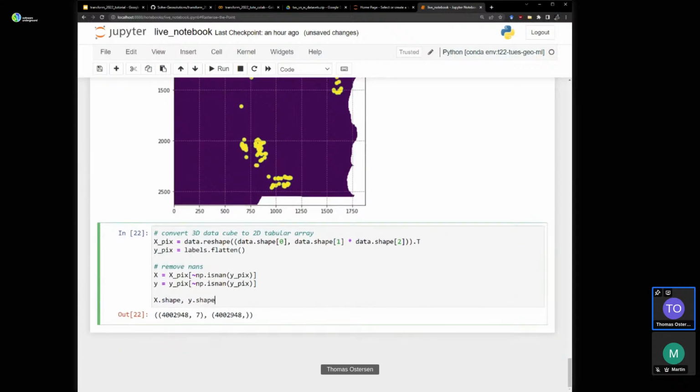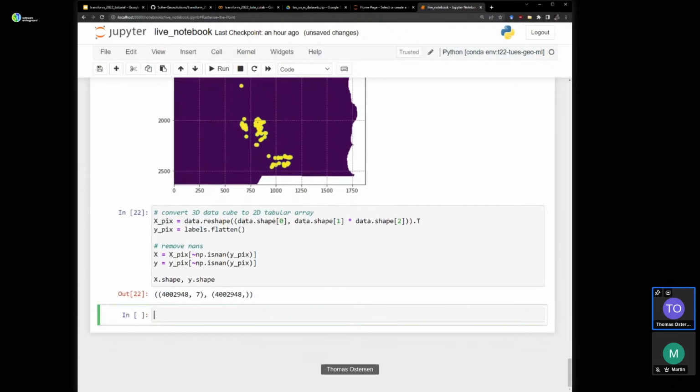We can actually fit a model for this now. So let's do that. Let me just consult my notes briefly here. Right. Let's put some markdown in here. Train models.